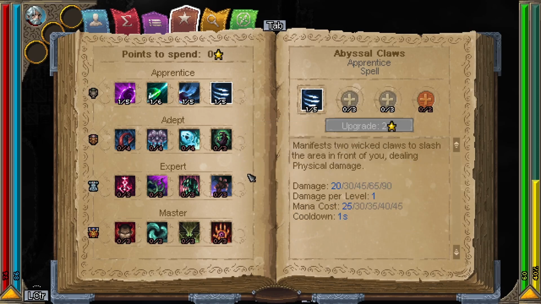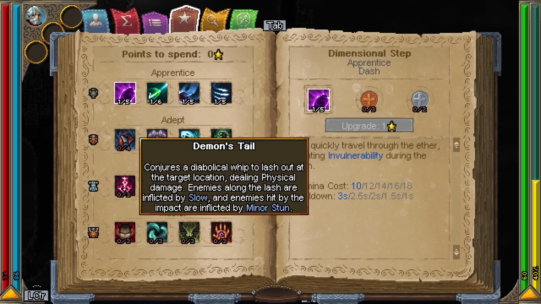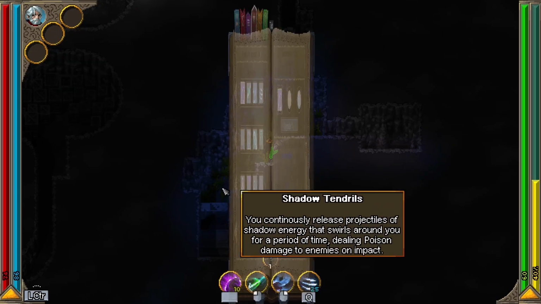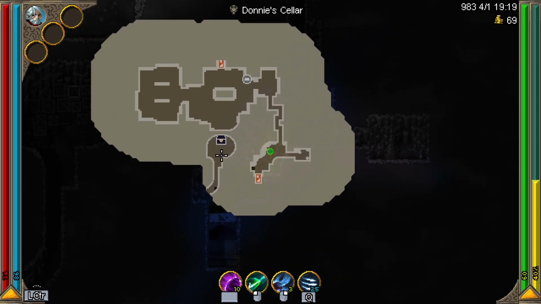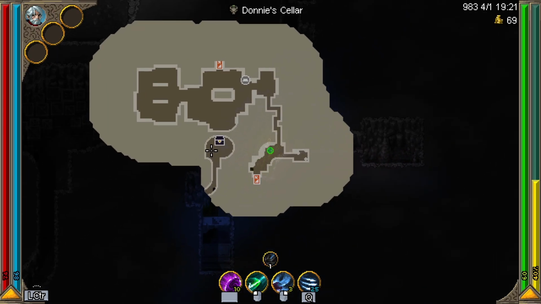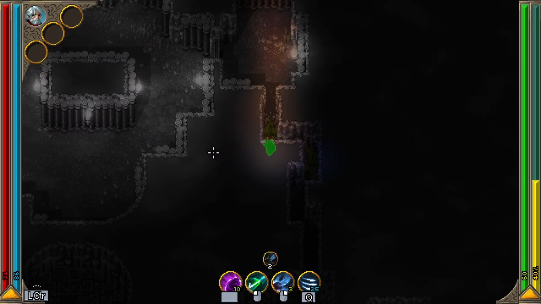And then we have abyssal claws. So it looks like I'm, yeah, more of a melee lad for the time being. Summon Fiend, Soul Harvester, deal more damage, take more damage. These should be kind of fun. Alright. But how do we get over there? Oh, wait, no, that's like a separate cave system, I think. If there's a way to get over to that other...